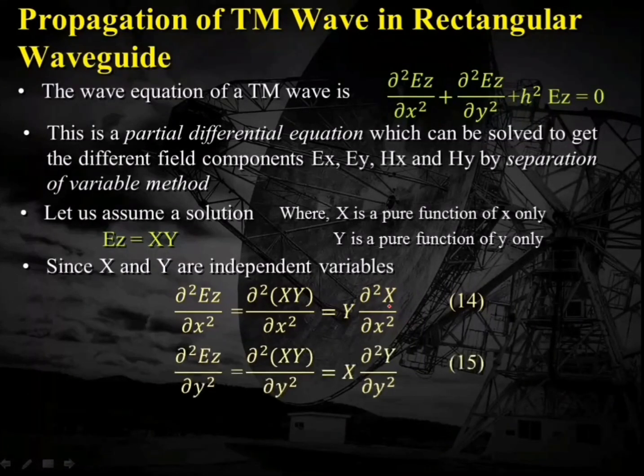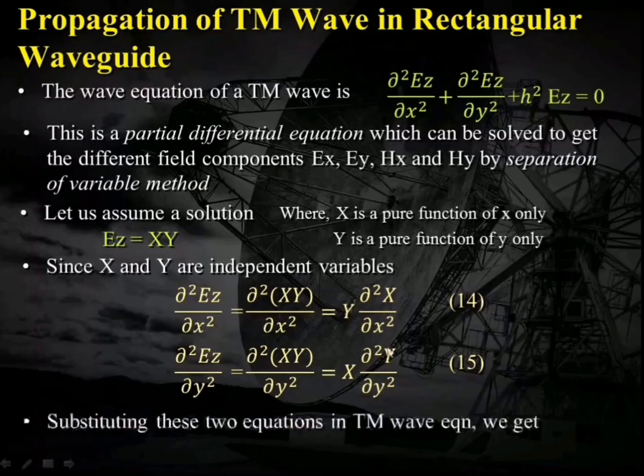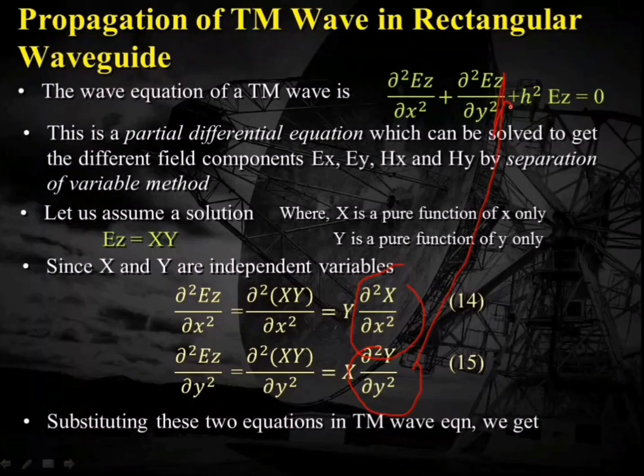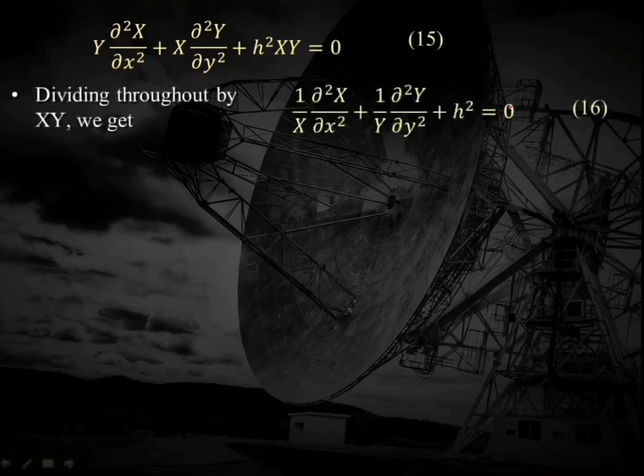And similarly, for ∂²Ez/∂y², I will get capital X as a constant outside and ∂²Y/∂y², where Y is a pure function of y only. Now substituting these two equations in the TM wave equation, we get Y ∂²X/∂x² plus X ∂²Y/∂y² plus h² XY is equal to 0, and dividing throughout by XY,